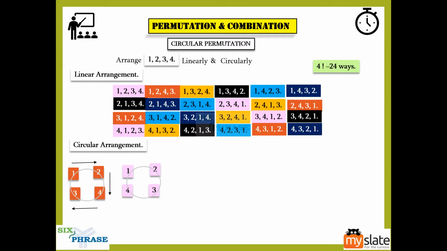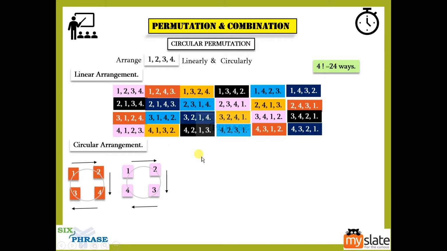Now you have to take the clockwise direction. Here you can see 1 2 3 4 is already marked in pink. Next, starting with 2, what do we have? 2 3 4 1. Remember, you have to go in the clockwise direction. So 2 3 4 1 is also marked in pink. Next, starting with 3, 3 4 1 2 is also marked in pink. Starting with 4, you have 4, 1, 2, 3, which is also marked in pink.